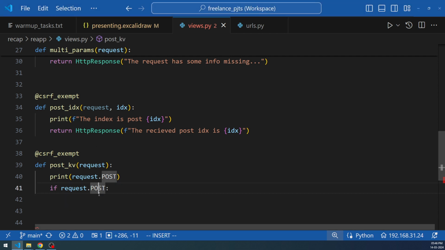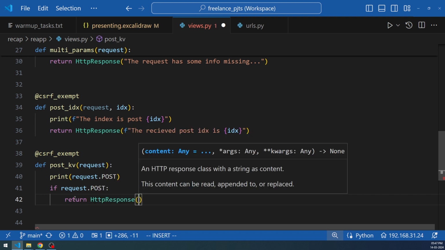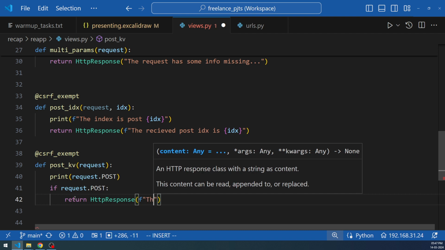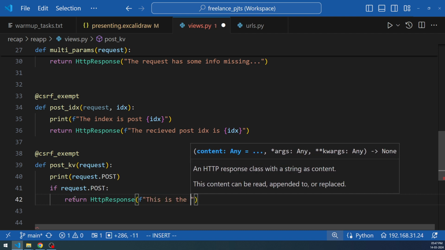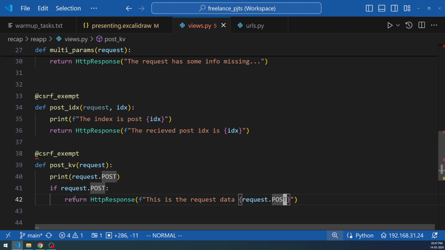Let's continue with the return of the post request. We are just looking at how the request is coming, and then we are sending it back. This is the request data, and we are going to send that to the output. So we are going to say request.post, and this will be a QueryDict, and this will give a surprising result. So I want you guys to take a look at the result first. So before we move forward,